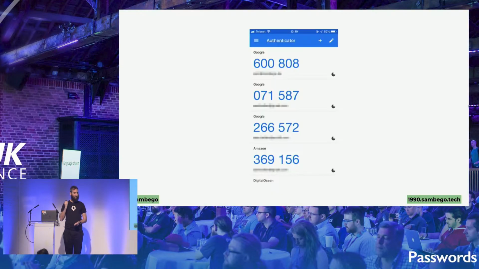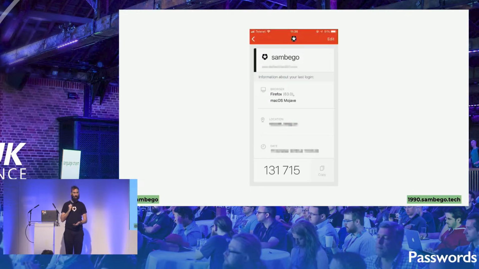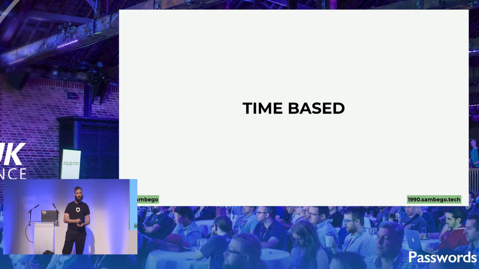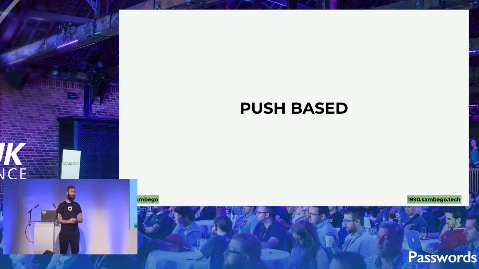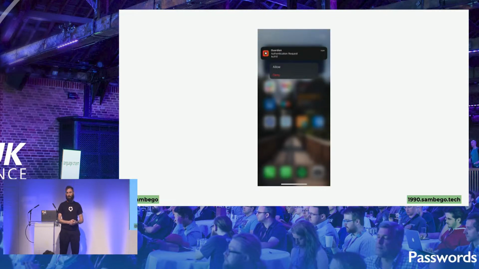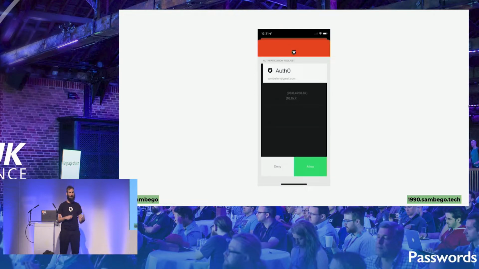Lastly, an Authenticator app, something like the Google Authenticator or the Auth0 Guardian app, do all the same thing. They can generate one-time passwords for you, so you can just copy and paste them. And they're often time-based, or usually time-based, which means that they expire, like you can see here with the Google Authenticator app. Or they can be push-based, which means you don't even have to fill in that one-time password. You can just click on your push message and do allow or deny. Or if you open the app, you will also be able to deny and allow, which means that the Authenticator app takes care of this one-time password thing behind the scenes, and you just say yes or no, which is